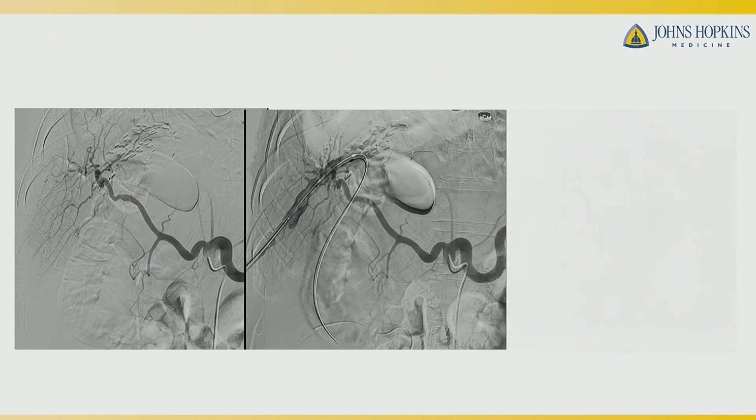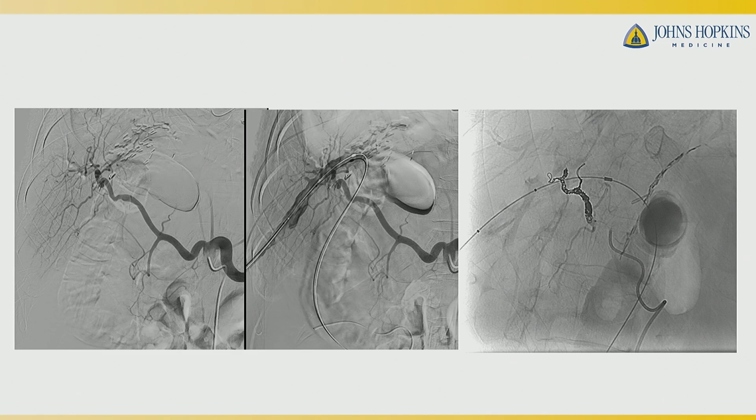Unfortunately, that positioning required us to really coil off quite a bit of his hepatic arterial system to get control. But we got control there, and he collateralized from his inferior phrenics and did quite well in the long run. But we thought, hey, this is a case that we've never really seen, the pseudoaneurysm formation.